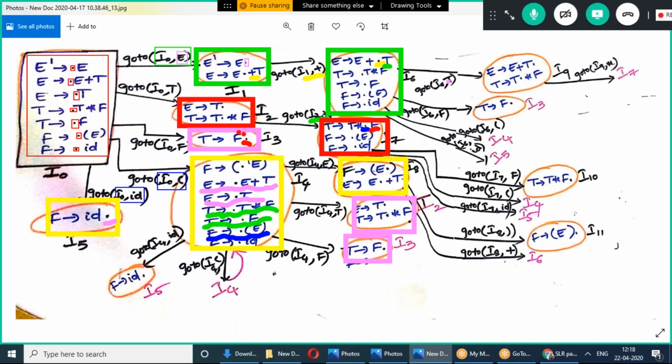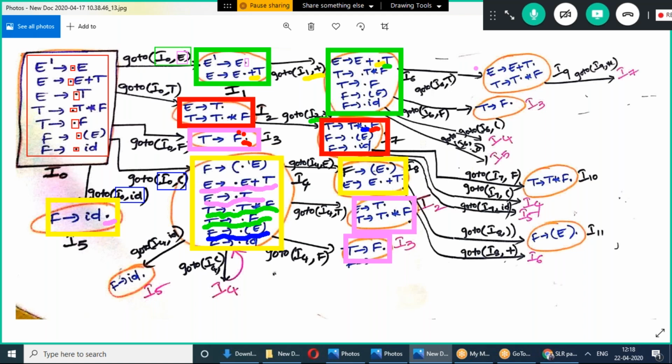I6 comma T first. Whenever you perform I6 comma T, these are the two productions we need to consider, because these are the two productions which have a T after dot. In this production, after dot there is T. In this production also after dot there is T. No other productions have T. So these two productions we need to consider.